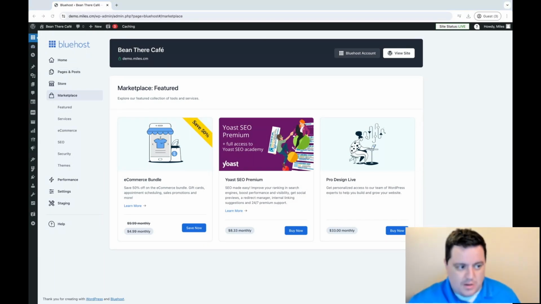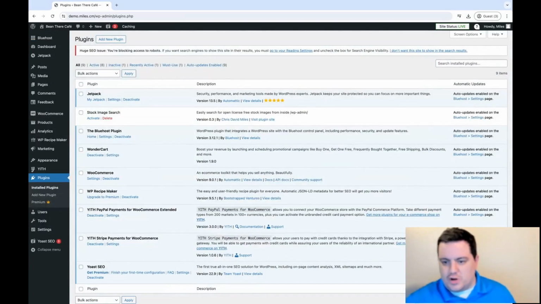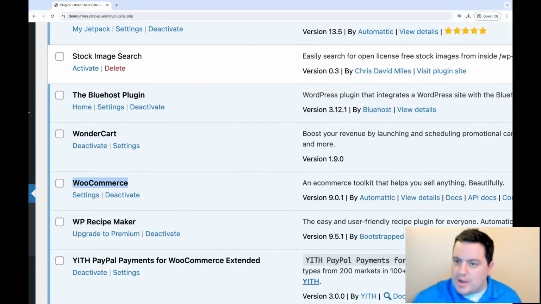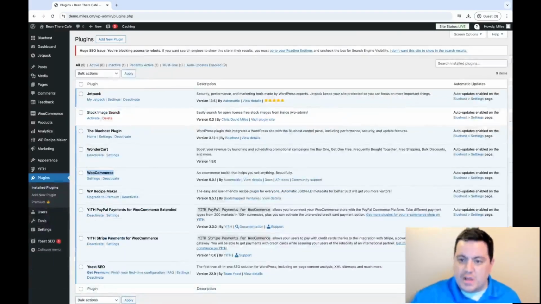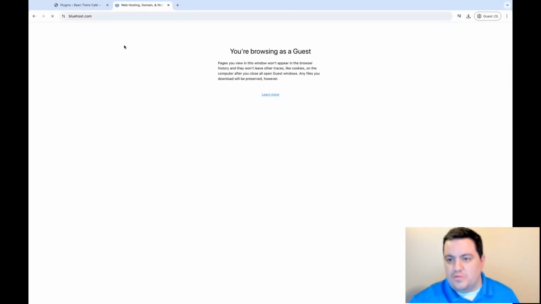E-commerce plugins, that's another category. So WooCommerce is definitely what I would recommend if you're trying to do a store. WooCommerce can give you virtually everything you need for the absolute basics of setting up a store. So things like a cart, things like payment gateways and things like that. Now, if you sign up with Bluehost, we can actually give you a lot of really cool functionality on top